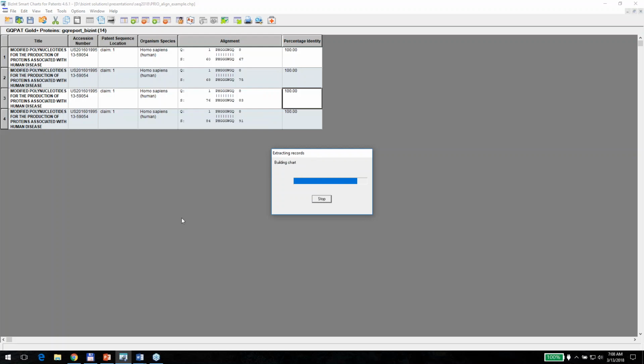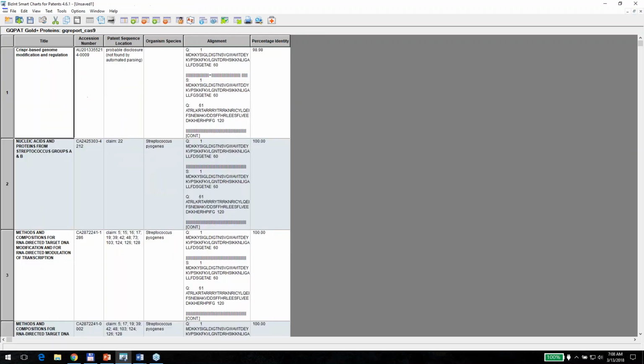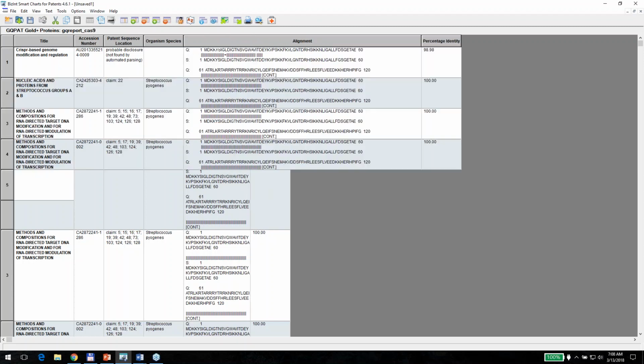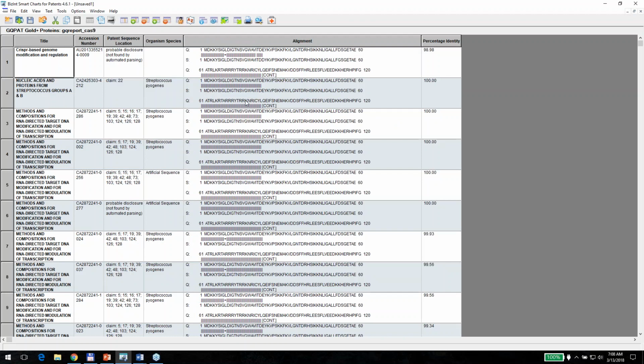And the Cas9 sequence is actually fairly long, 1,400 residues. And you'll see that, first of all, if I make the alignment column wider here, we're only showing a